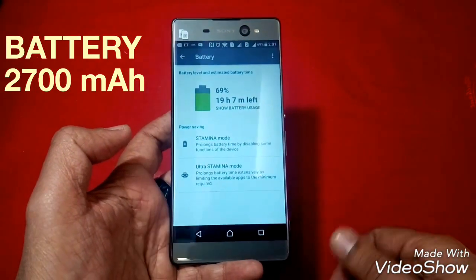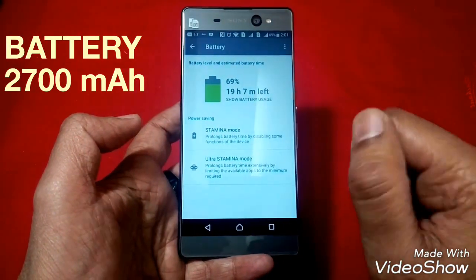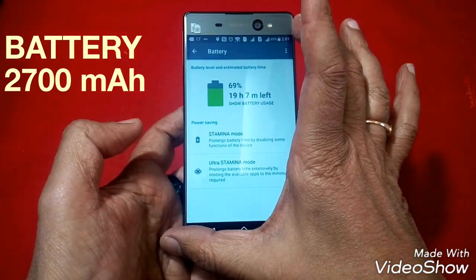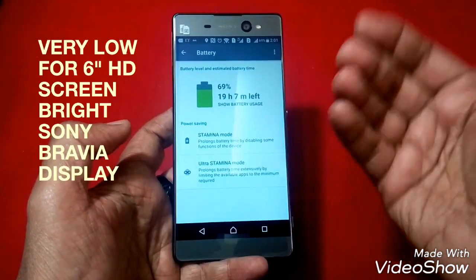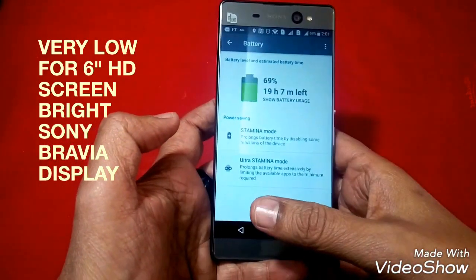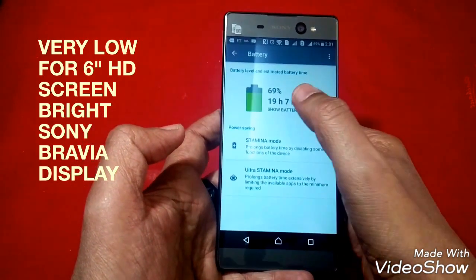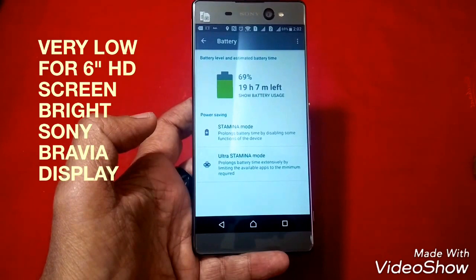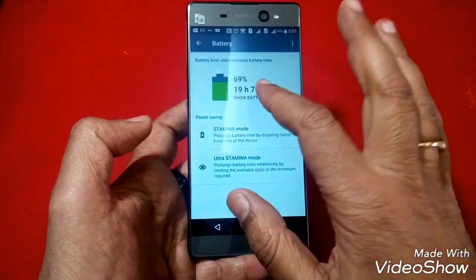And now friends, we move to the battery, which is again a very weak part of this phone. This phone has a 2700 mAh battery, but it has a 6-inch large screen, and the display quality which Sony is providing consumes a lot of juice of the phone. Therefore 2700 mAh battery is very minimal for such a phone.